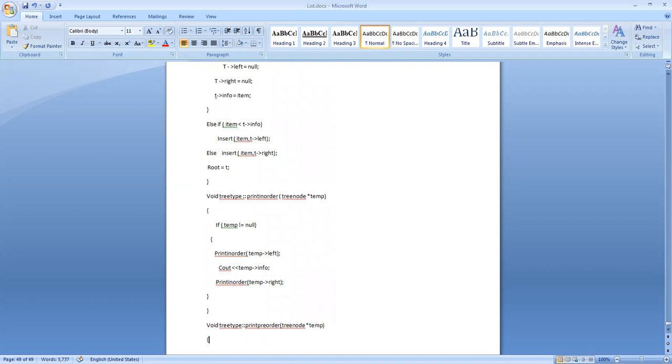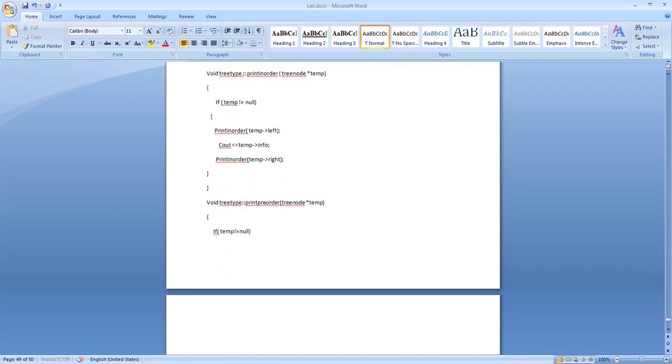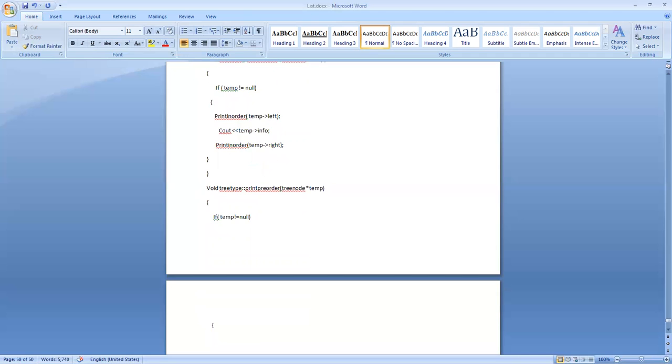Pre-order means first I'm checking whether my tree is not equal to null. So if temp not equal to null, then what do I say?